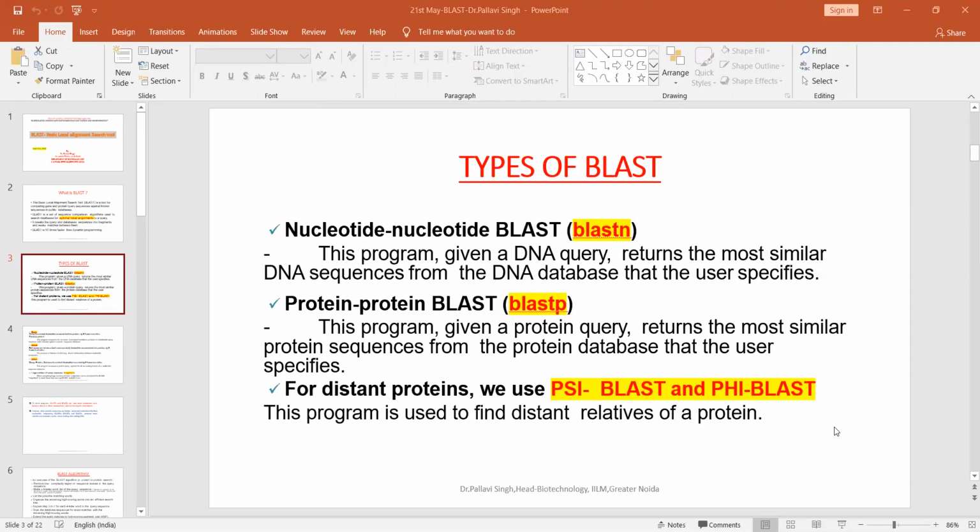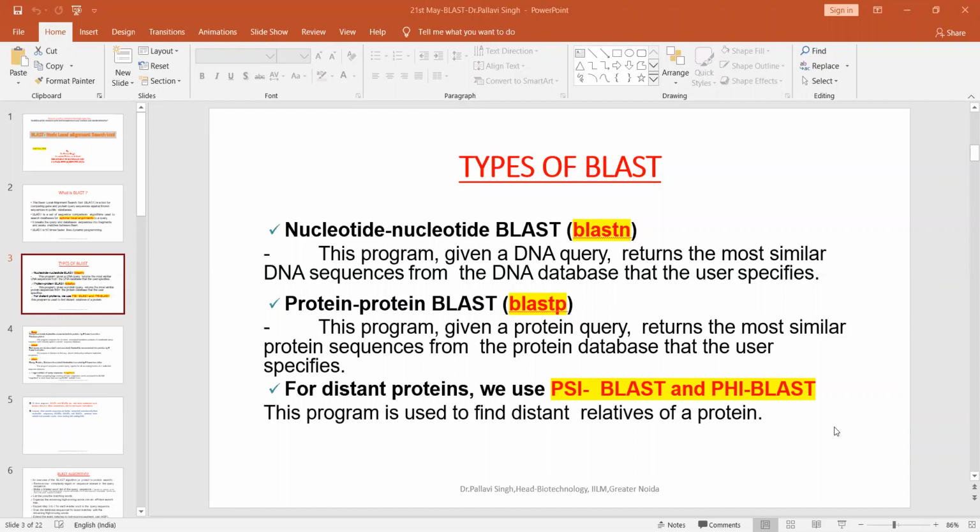In case of PSI-BLAST, position specific iterative BLAST, I am going to search against each position of the amino acid. If my query had 10 amino acids, I am going to find out if valine was there at position number 1, and in how many sequences valine occurs at position 1.